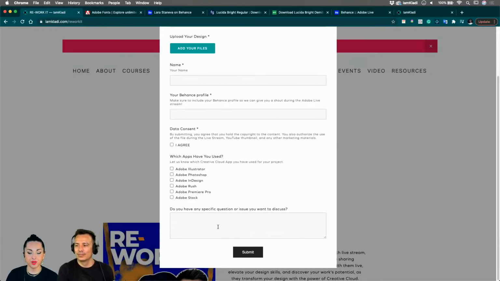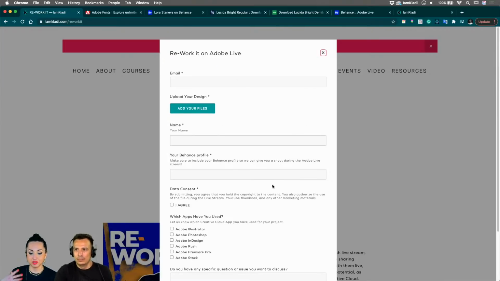But most importantly, if you have a specific question on your file, and if you work with more than one file or many different files, don't worry, that's totally fine. We of course are going to be opening them in Photoshop, Illustrator, and InDesign. So make sure that the file that you're sharing with us has these components as well, even if it's part of a bigger project. We're always very curious to see what you're sharing. And if for whatever reason you have issues with your files here, you can just use this form as an email, because I will be reading all of them, and I do every week.